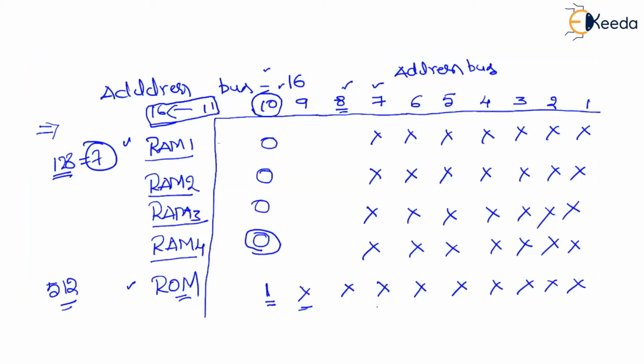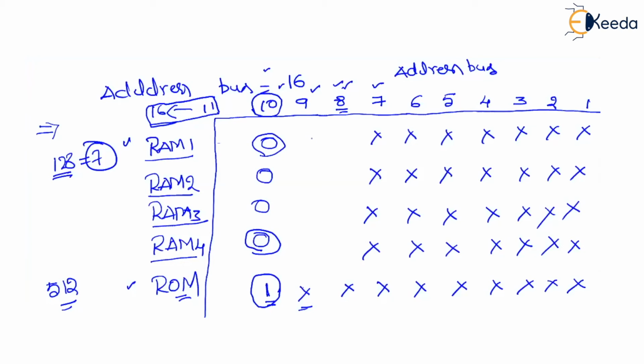Now, whenever 10th digit is equal to 1, ROM will be selected. Data will be read. Whenever 10th digit is equal to 0 in the address bus, then we have one more situation. When it is 0, we have 4 options: RAM 1, RAM 2, RAM 3, RAM 4. Of course, the address reference is falling under a RAM, but which RAM? That will be differentiated by using other unused bits. Now I will use 9 and 8 digits.